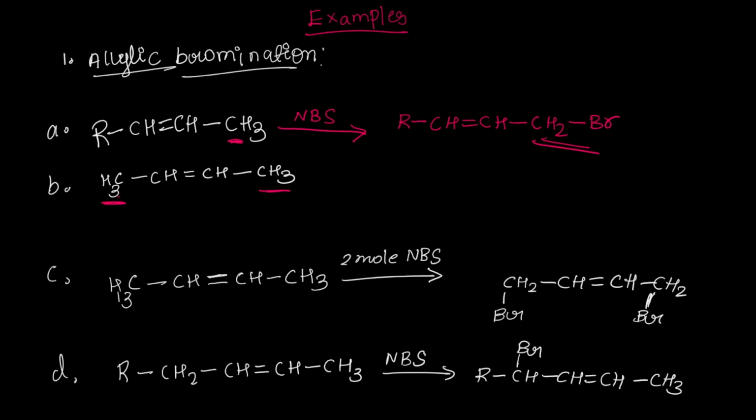or two allylic positions. So now if I add NBS to this type of structure, there's a possibility that the bromine radical can abstract the hydrogen from this methyl group, and it can also abstract the hydrogen from this methyl group. Since they have given 1 mole, or if it's not mentioned it's taken as 1 equivalent, only one position can be attacked. So our product can be either